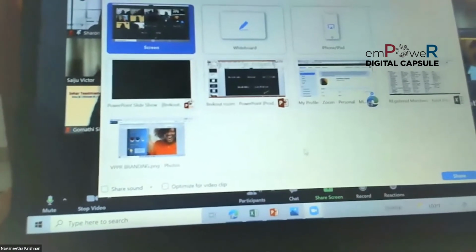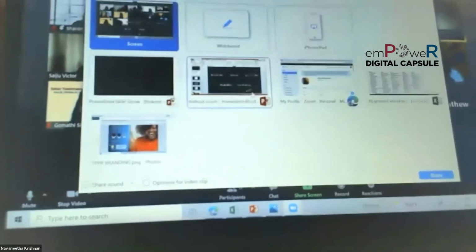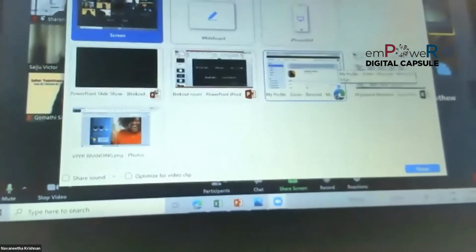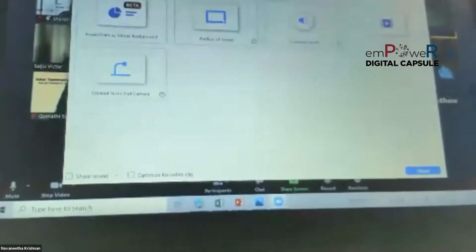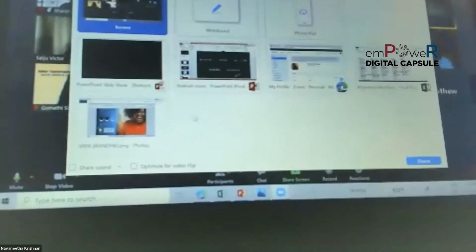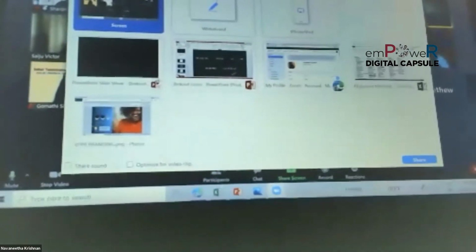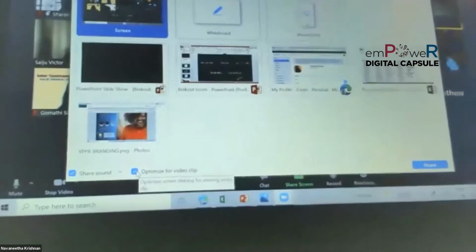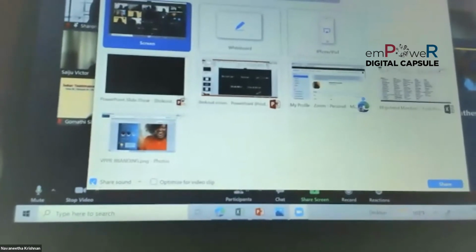Okay, so you will have an option to share the entire screen, or to share only a particular slide, or to share things like, if you are sharing your website, that particular page. There are two options, one is basic, another is advanced. If you click basic, you can share either the individual file or the screen. If you are using sound, make sure that you click the sound option here, which Toastmaster Ramanujam explained. And also if you are using video, click optimize for a video clip, so that even with a poor internet connection, it optimizes and makes sure that there won't be any stoppage during the entire sharing period.